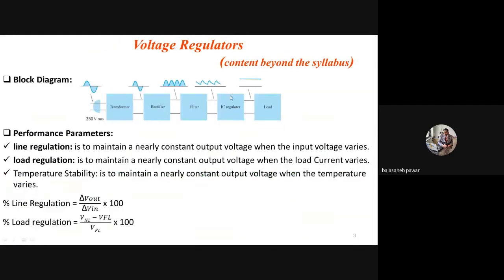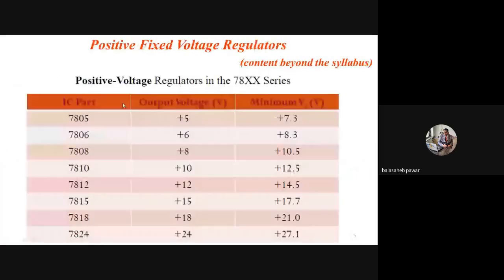See, in this block diagram, the second last block is the IC regulator, right now. What I am asking about is its input. Suppose here the input is 0 volts and the preferred or used IC is 7805. My question is, can we obtain the output as 5 volt? No, this is not an amplifier, right now. So this IC will require somewhat input, and that's why this last column is mentioned, and that is for minimum input voltage. So it is mentioned as plus 7.3 volts.